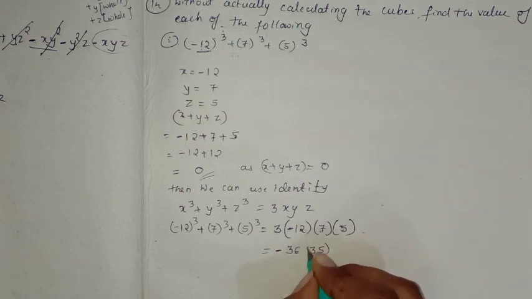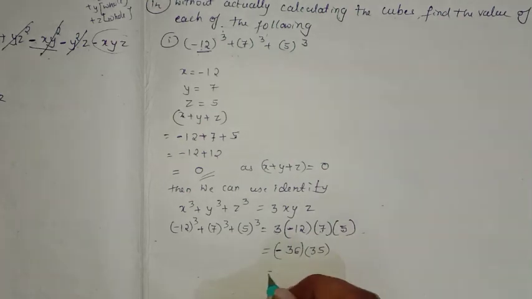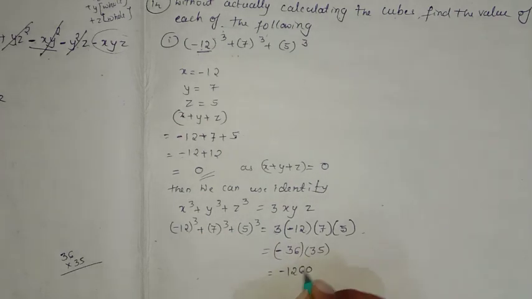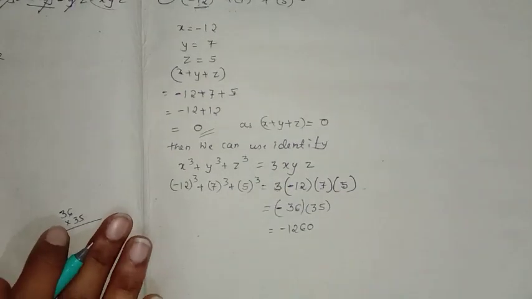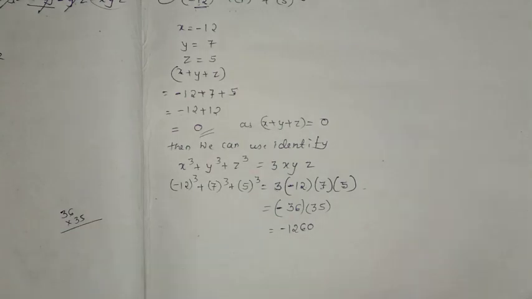So 35 and write in bracket. Now multiply 35 and 36 and write the answer. So the answer is minus 1260. So this is about the first problem, and here the second problem is,